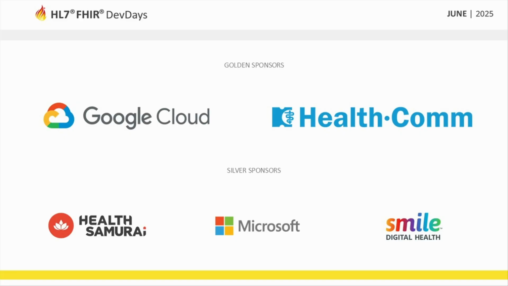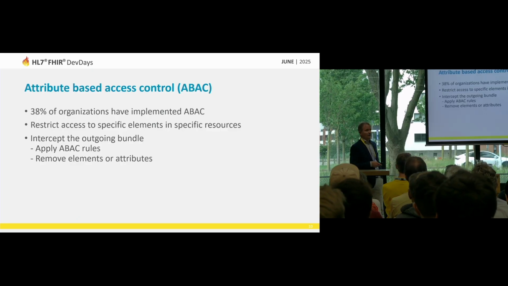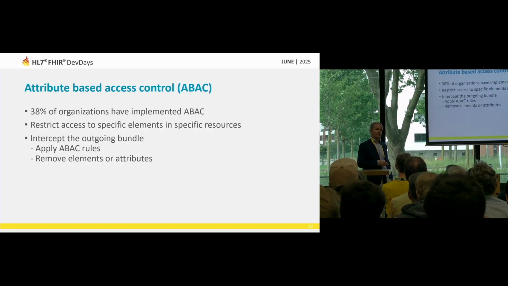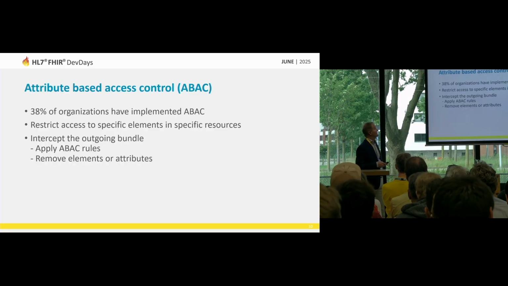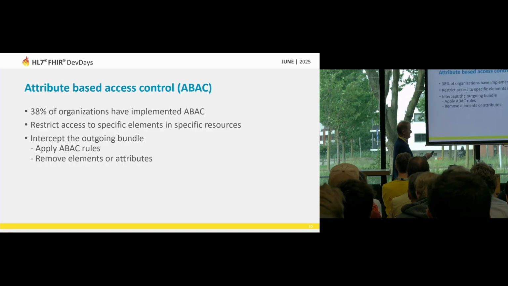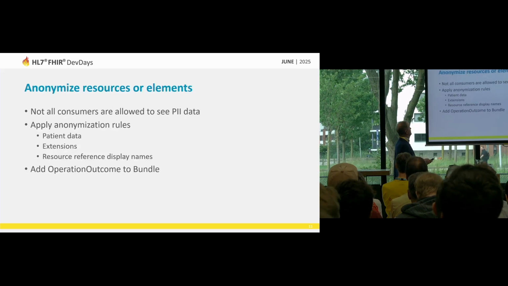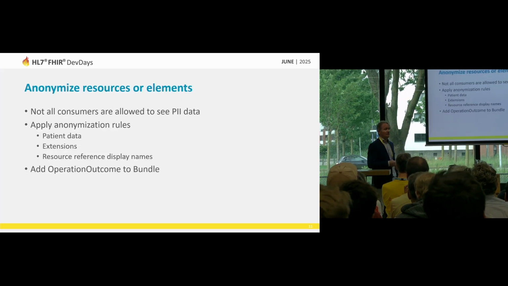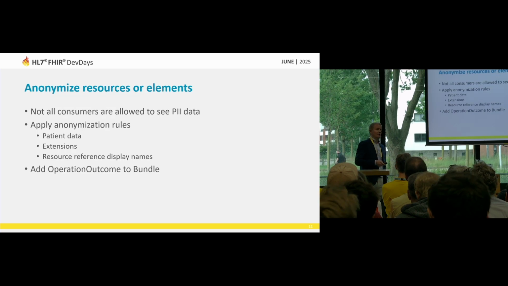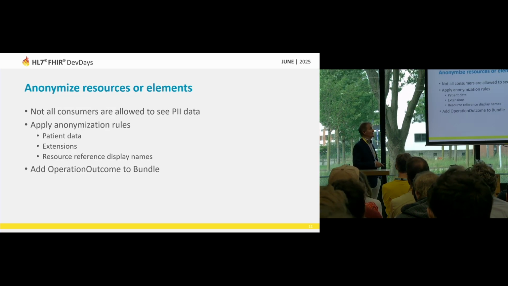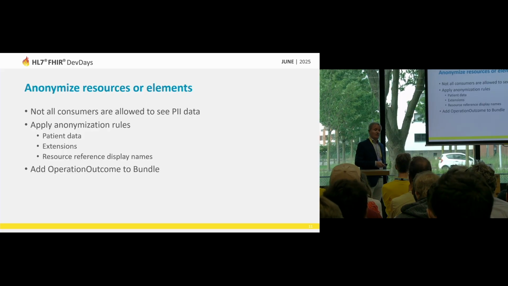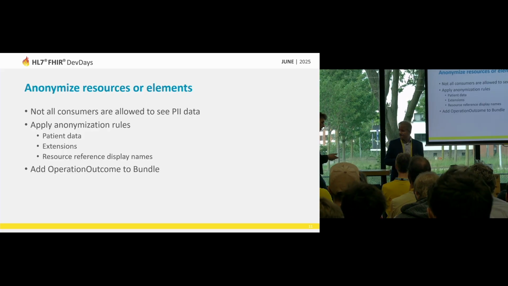Attribute-based access control is one of the key reasons why people build a version of the proxy layer to begin with, or a wrapper layer. So similar to attribute-based access control, you may want to anonymize certain elements before the bundle reaches the consumer. So an example here would be not all consumers are allowed to see all data. So you may have a number of different